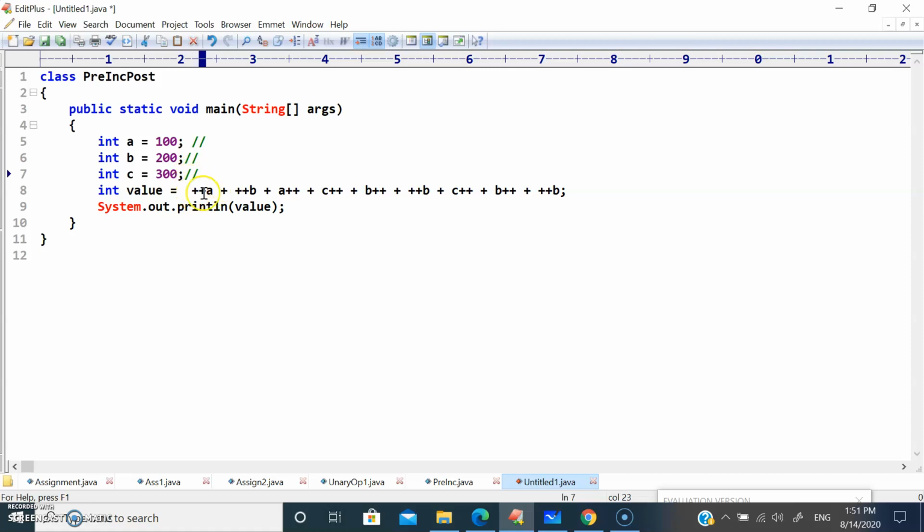So first case, what is happening here? ++a in the sense, first the A value is going to increment to 101, right? And then ++b. So ++b in the sense, what is the B value? The B value is going to be 201. So let me write it here. So first A value is what? We have 101